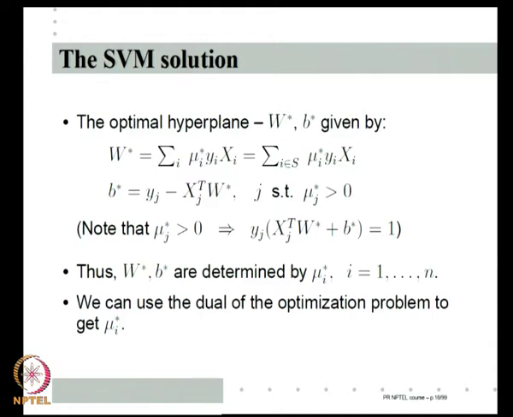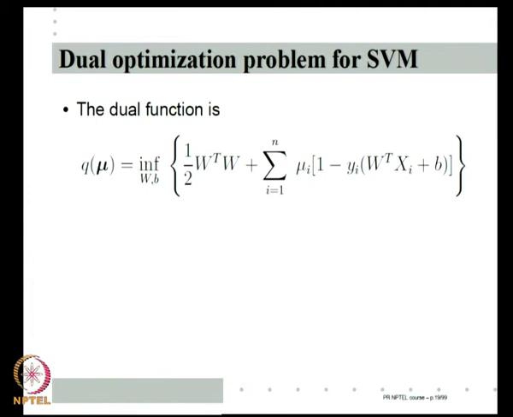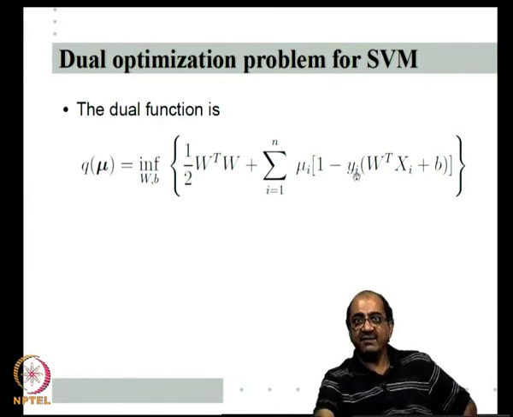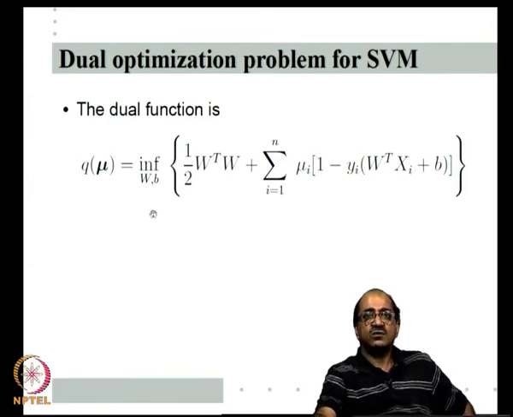We saw in the last class how to find the dual. For the dual, we find the dual function which is the infimum of the Lagrangian and then maximize the dual function, right. So, what is the dual function for this problem? It is a function of the Lagrange multipliers, q of mu, which is the infimum over the optimization variables W, b of the Lagrangian: W transpose W plus summation i equal to 1 to n mu i into 1 minus y i into W transpose x i plus b. I have to find the infimum of this with respect to both W and b. So, for a given mu, I find the infimum with respect to W and b, and that becomes the value of q of mu. So, ultimately I get a function of mu, and that is what I have to maximize subject to the constraint that mu i's are positive; that is what the dual is.